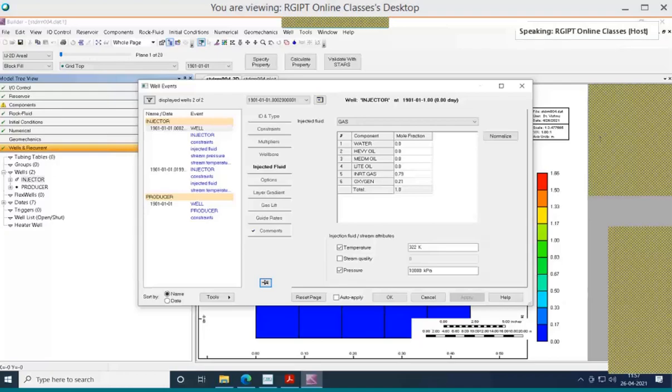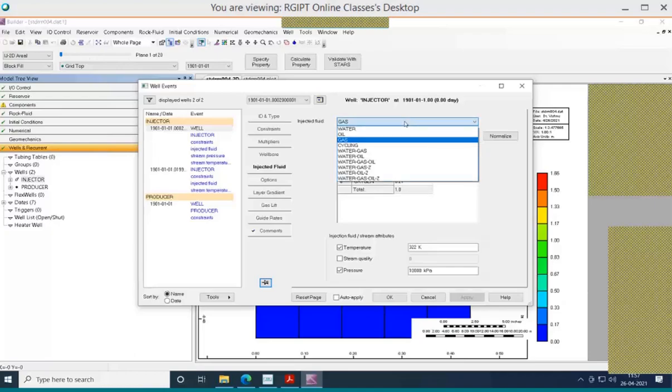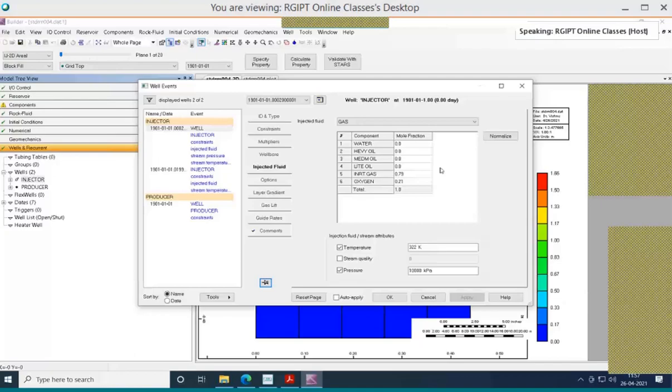Rahul, we can do it two ways. That means, let us say, if the reservoir temperature is high, it will automatically be converted into steam. Otherwise, if we are injecting steam, in this case we haven't added any steam component, otherwise it will be showing steam also in this case. Rahul, in components, we have to add steam.